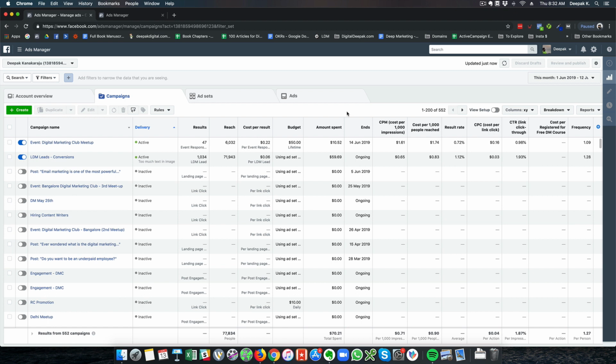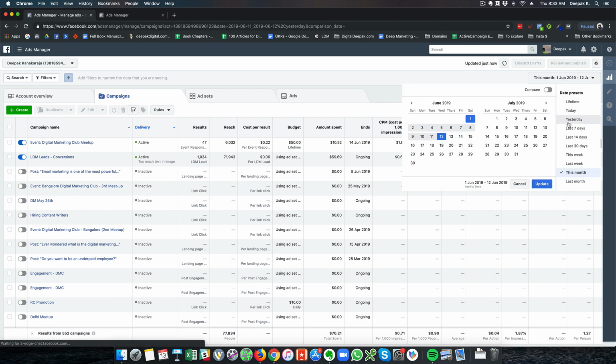And here, if you look at it, the conversion optimized campaign that we set up a few days back has generated more than 1000 leads, and the cost per lead is just 6 cents. And this was possible because this ad is conversion optimized. I might not have got 1000 leads for an ad spend of $60 if I had just driven clicks to the landing page for this particular ad or this particular target audience. So that is the power of a conversion optimized ad.